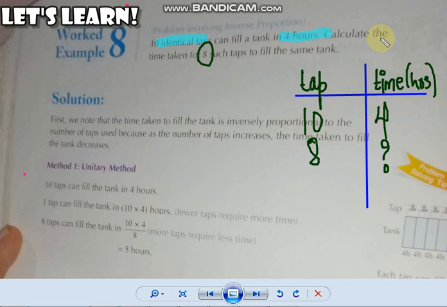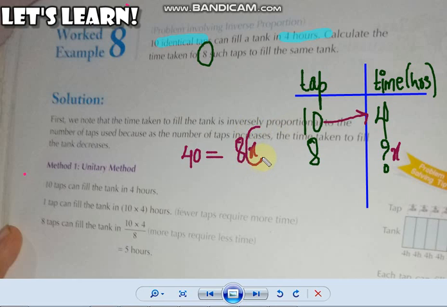So हमें पता है, अभी मैंने आपको एक बात बताई थी कि whenever we have inverse proportion, I'm going to multiply the quantities directly, not in cross. So I'm going to multiply 10 with 4. 10 4s is 40. And 8 into question mark, या तो आप question mark लिखें या आप यहाँ पे कोई variable लिखें like x or y to represent the unknown quantity. So 40 is equal to 8 into x, is 8x. I need to find the value of x. I need to find the time period.